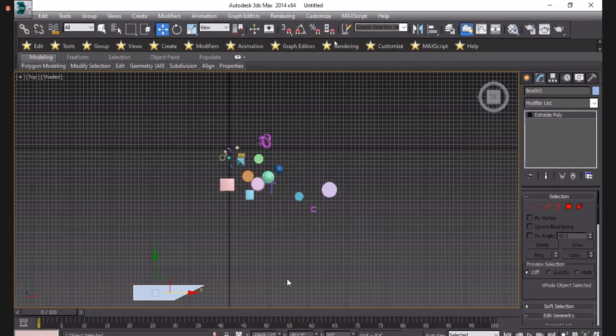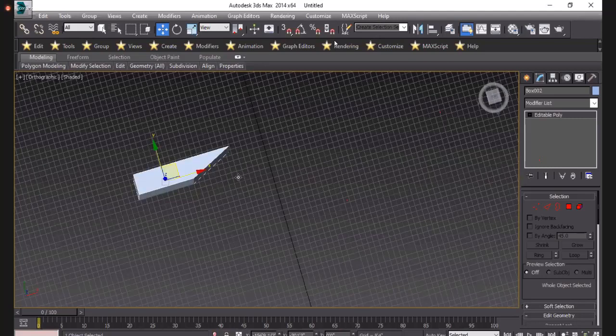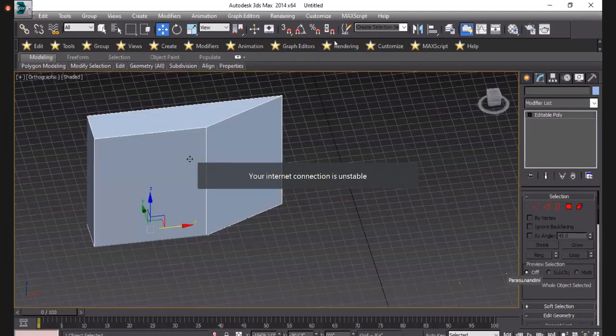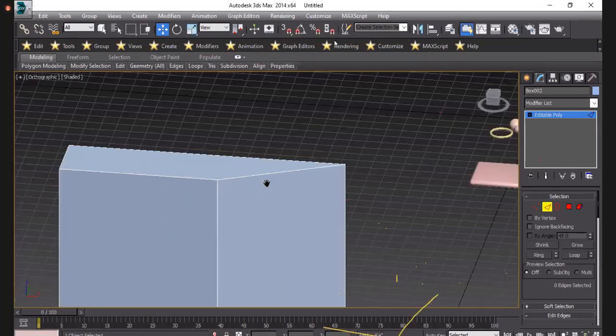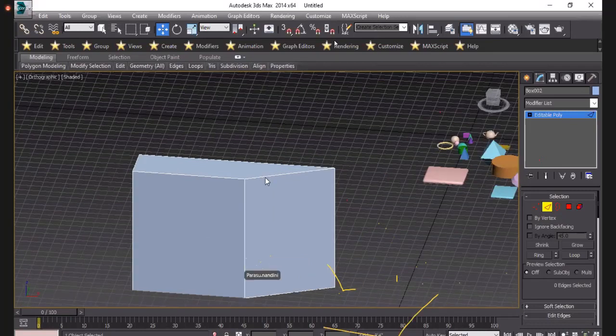I will change the edges. So just simply select the object and you know how to use the edges. So next one is edges. What are edges? Edges are the edges of your screen or edges of your object.